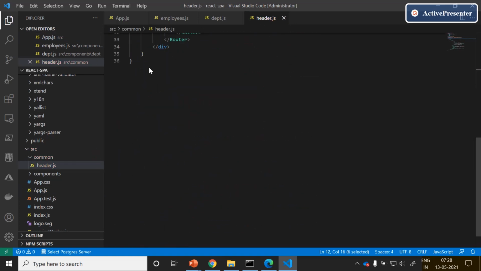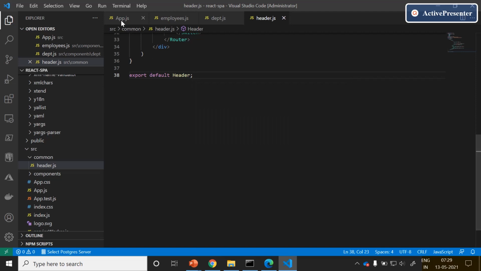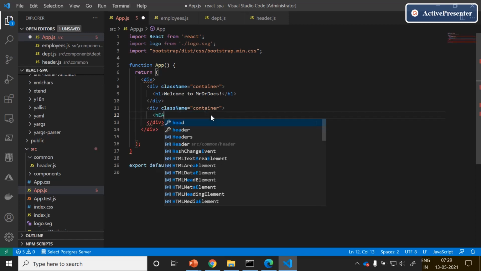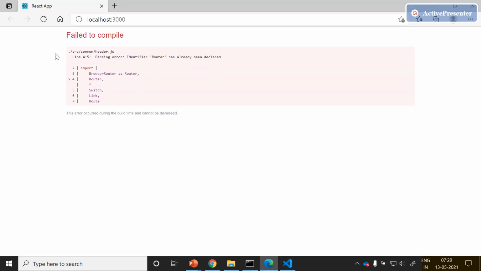We forgot to export this header functional component. Export default header. Back to our app.js. With these few simple steps, we'll be able to set up the React router DOM capabilities. Let me go back to our localhost 3000.